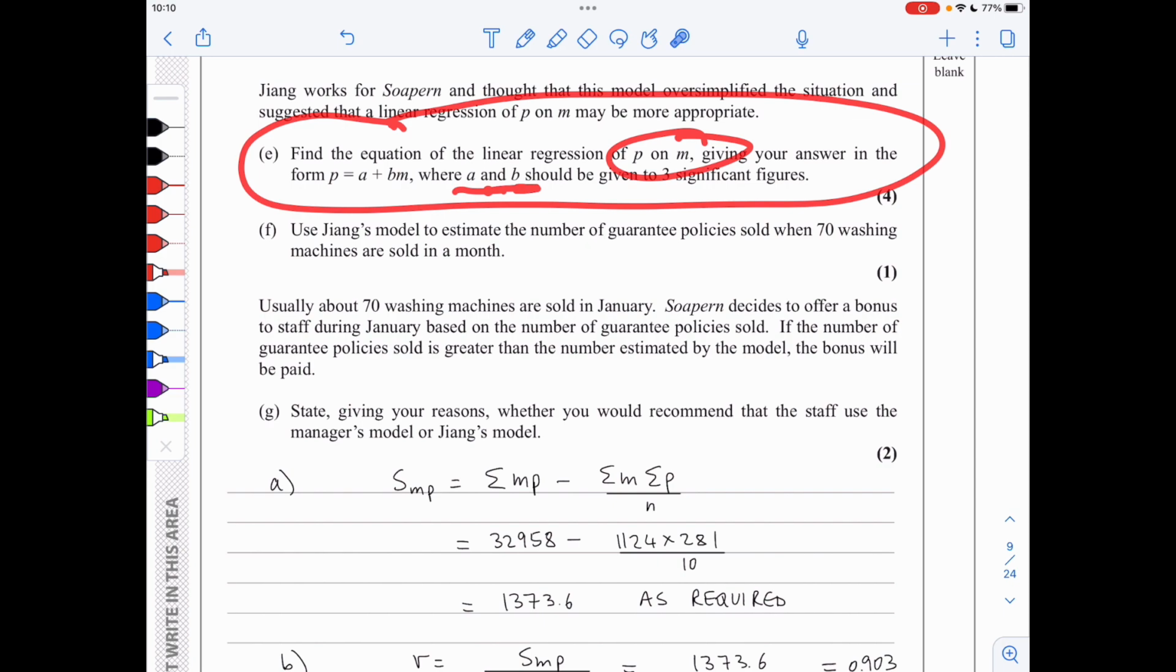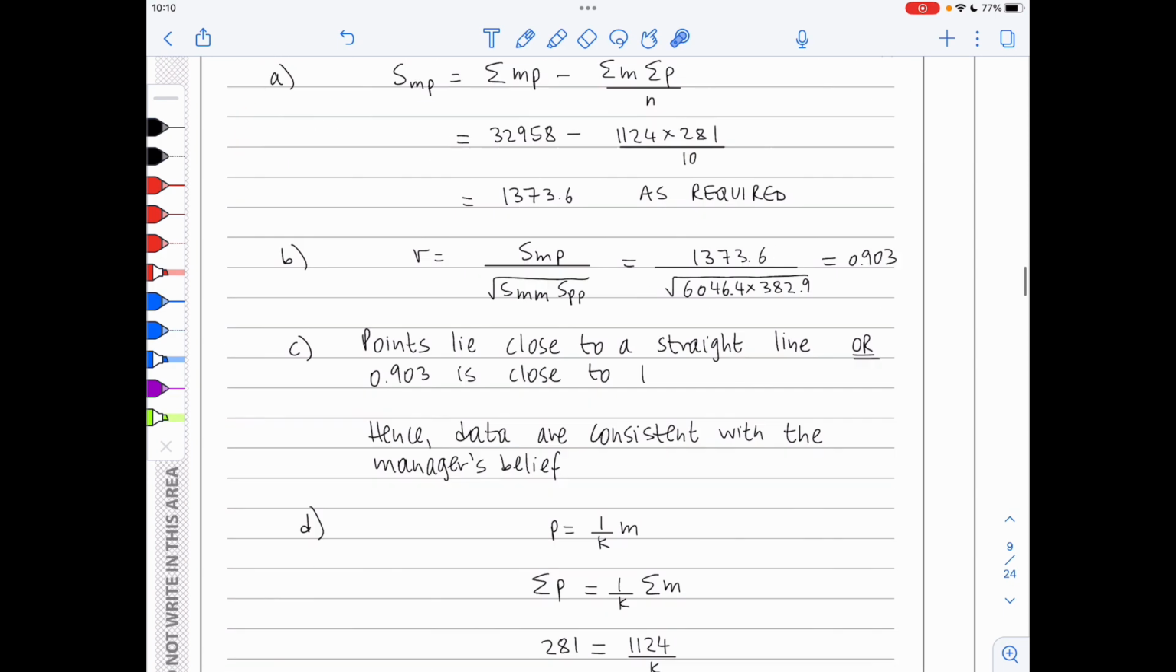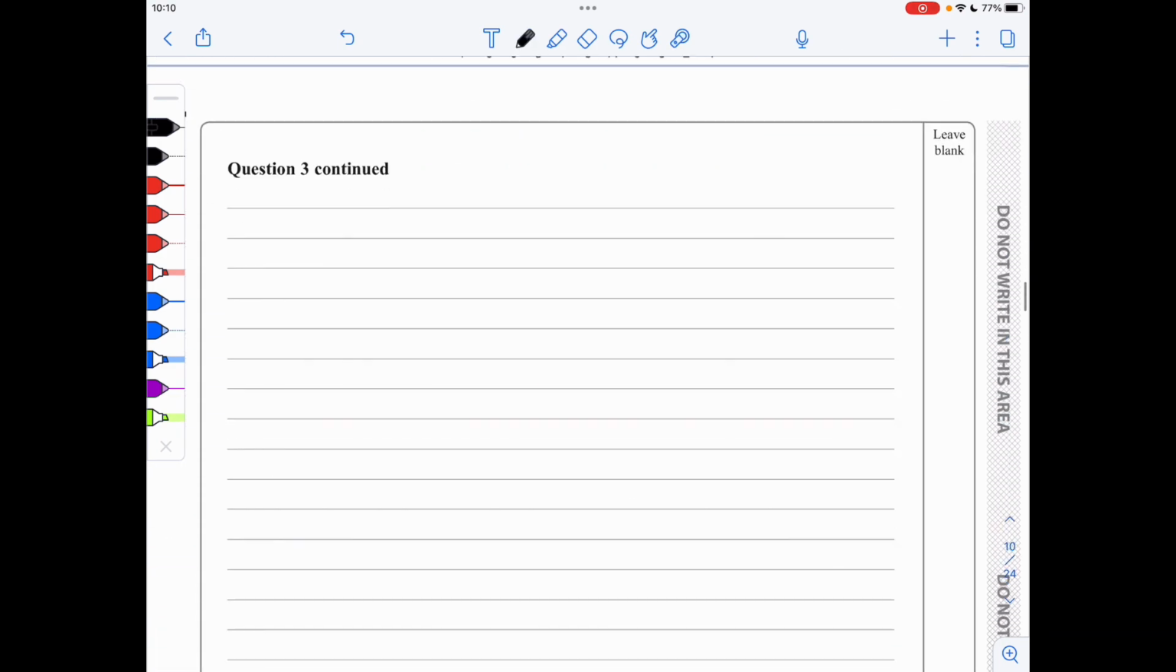For part E, we need to find the equation of the regression line of P on M, giving the constants A and B to 3 significant figures. So we will start by writing the equation. P is A plus BM. B is the gradient, and is given by SMP over SMM. And this is 1373.6 over 6046.4, which gives an answer of